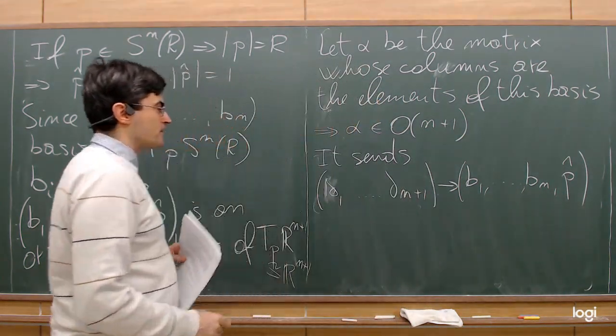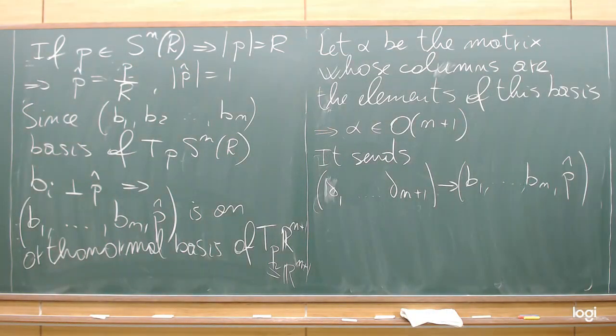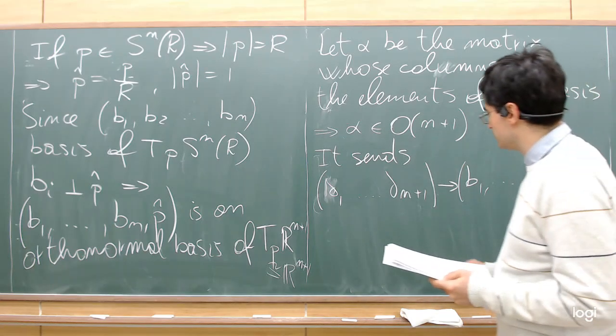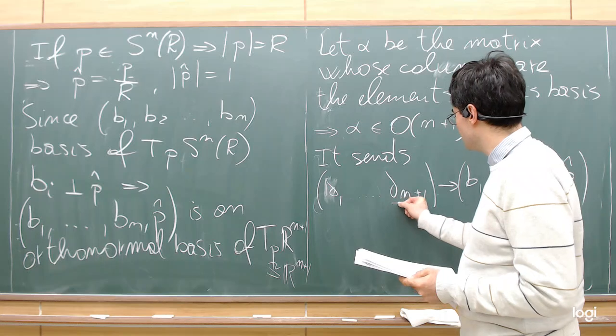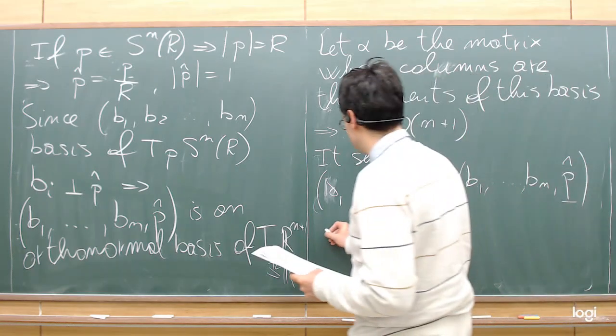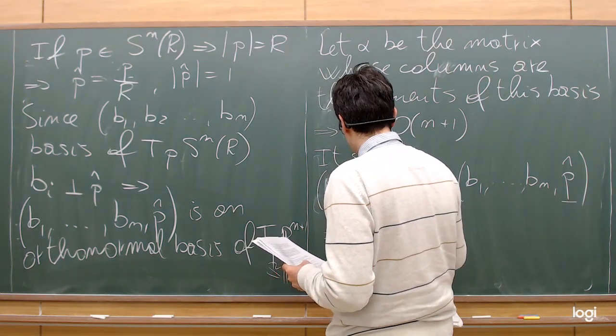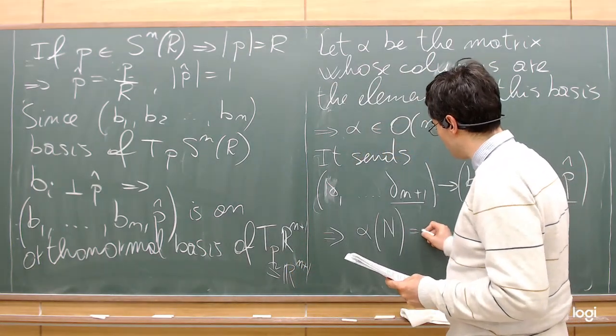And since in particular this vector is sent to this vector here, it is clear that the image of the North Pole will be equal to P,